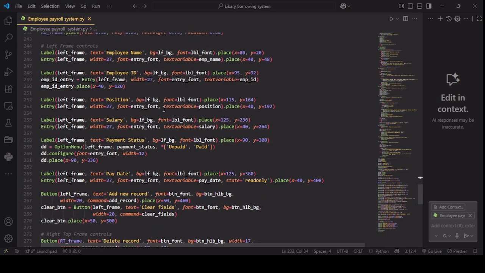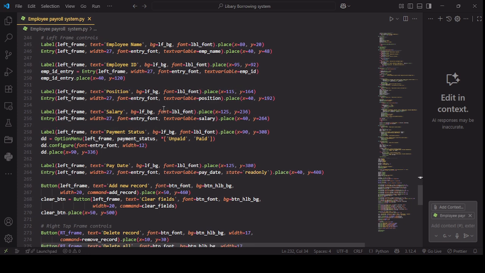Okay, and then we go to our main left frame part, which will handle the form of how the user will enter the records. For that I have defined the label and entry. In the left frame, I have given the text as employee name, and then its BG color, and then its font color,